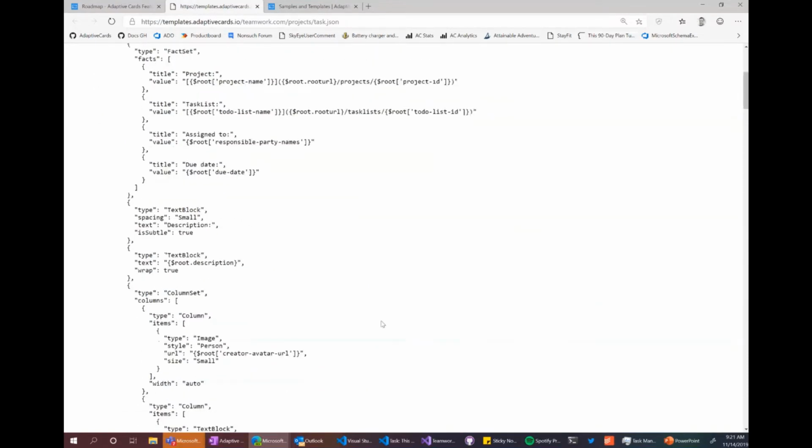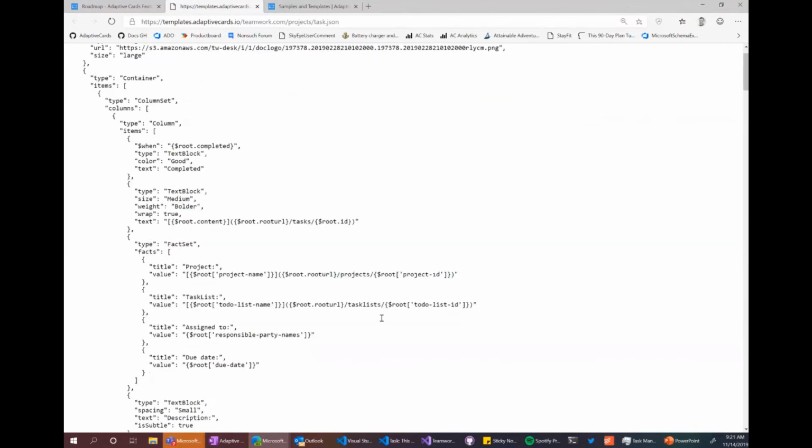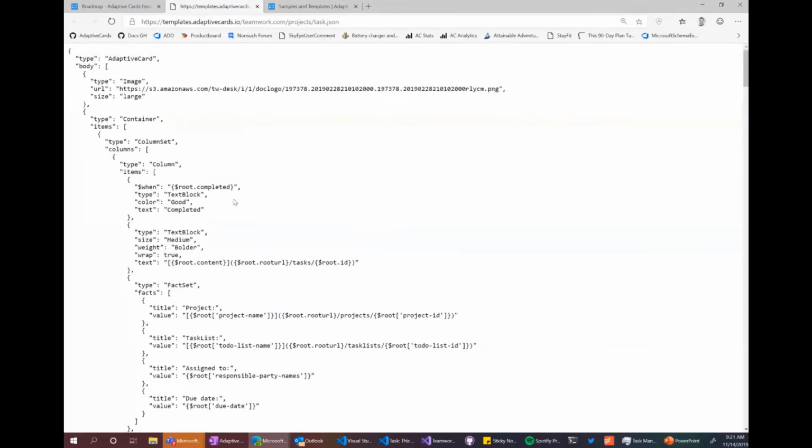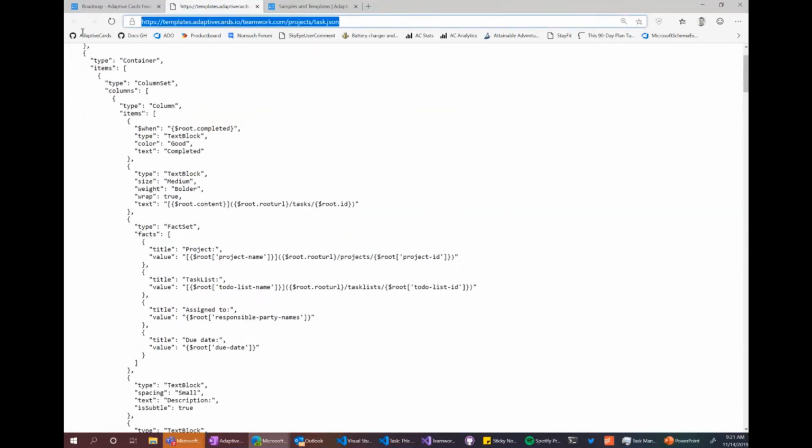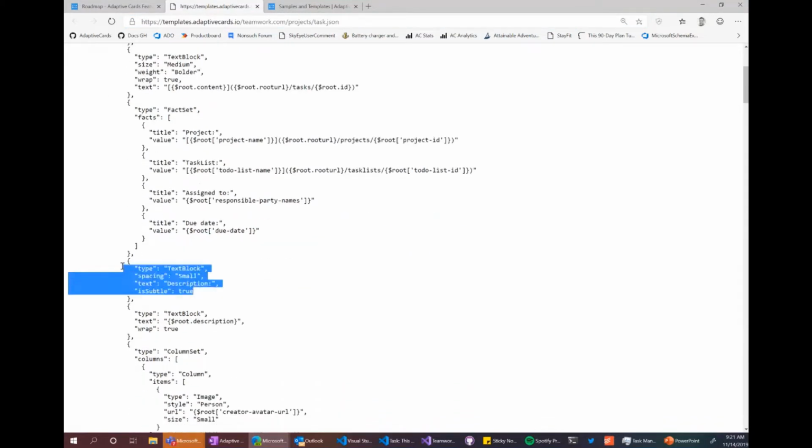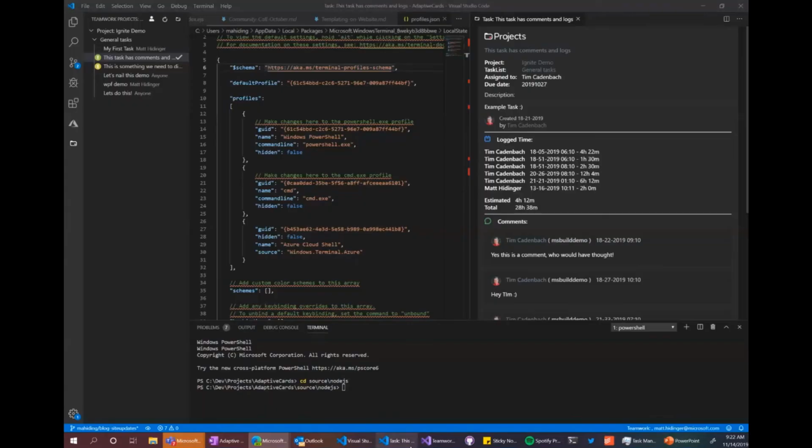Rather than me just saying, hey, I think this would be neat, it was how they were actually able to save time and actually use a lot of this stuff. So the same concepts were taken, where here's the template. Again, this is just an adaptive card. The cool thing is it's just hosted at this URL. So if they ever want to add a new column here or change the color of this text or make it not subtle, they just have to update it at this URL. And then VS Code will automatically get that change.